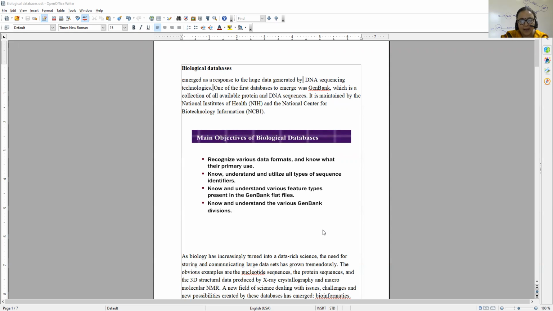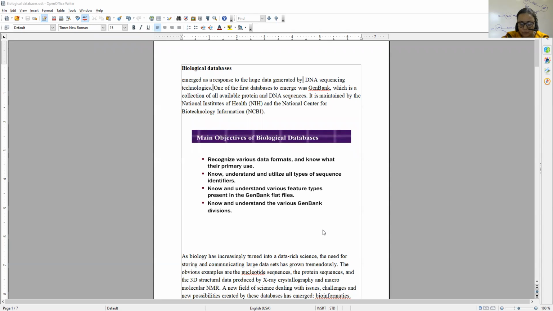There are some main objectives of biological databases, such as to recognize the various data formats and know their primary uses, to understand and utilize all types of sequence identifiers, to understand the various feature types present in GenBank flat files, and to understand the various GenBank divisions.